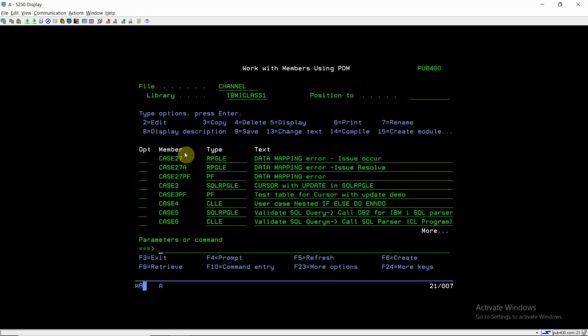So there is a way to write that in the H-specs, or you can provide it using the compiling options. There we have the option for Allow null values: *NO, *YES, *USRCTL, or *INPUTONLY. In that case we don't have to provide it in the H-specs, but we should provide it in the H-specs, because sometimes we forget to mention it during compilation; we just take 14 and press enter, so we won't go for those compilation options. It is better to use it in the H-specs so that you won't forget during compilation.